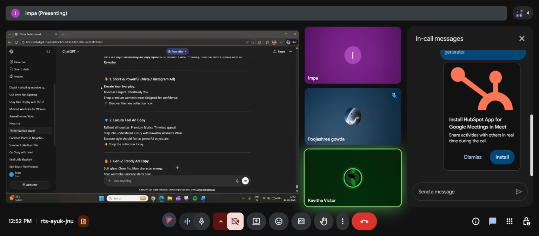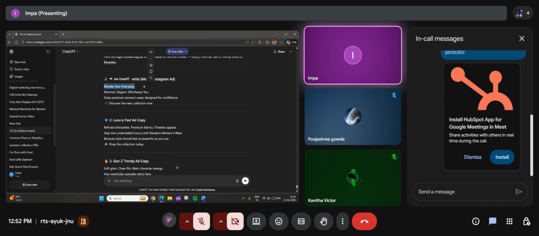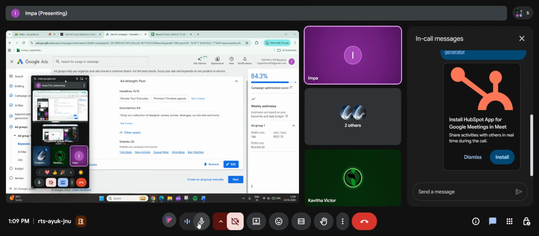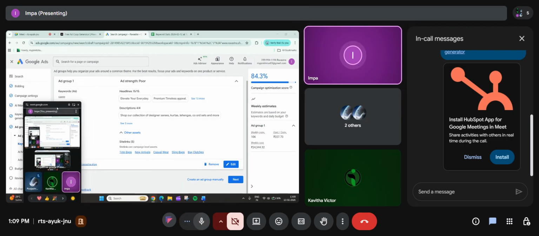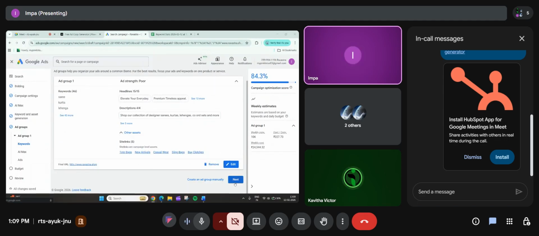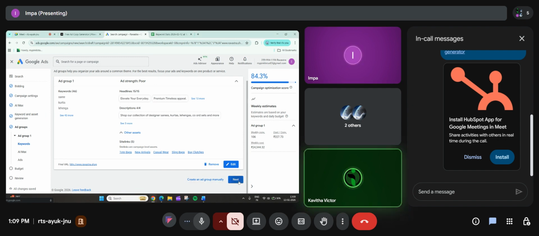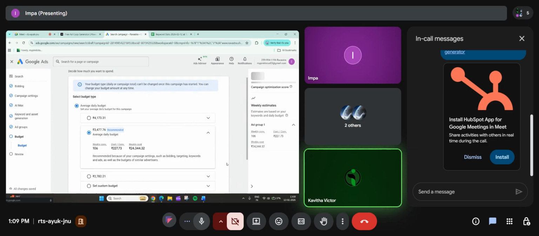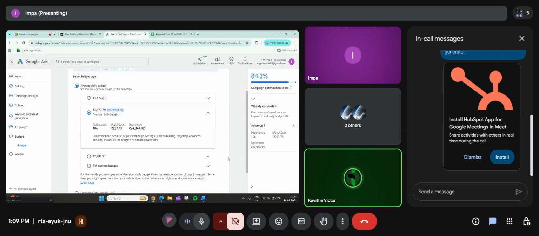Start working on this. Pooja, share your screen. Yes, ma'am. What is this? Shall I click next? Yes, click on next. Create group, no, no group, manual. Not required for now. Click on next. Daily budget, scroll down.